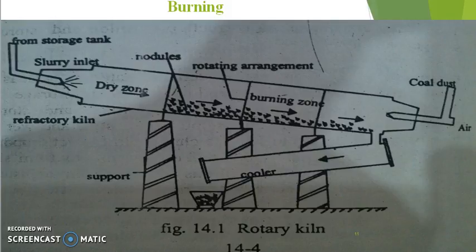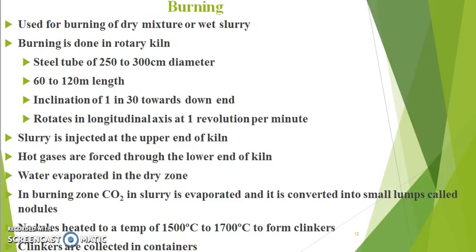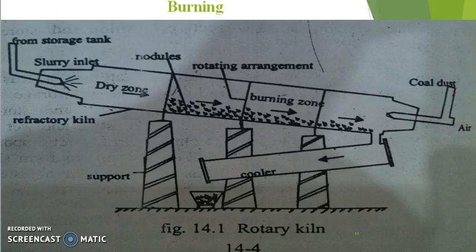Then the next step is burning, and it is usually done in an instrument known as a rotary kiln. The rotary kiln is a steel tube of 250 to 300 cm diameter, 60 to 120 meter length, and has an inclination of 1 in 30 towards the down end, and it rotates on its longitudinal axis at 1 revolution per minute. The slurry is injected from the uppermost part and hot gases are introduced from the lowermost